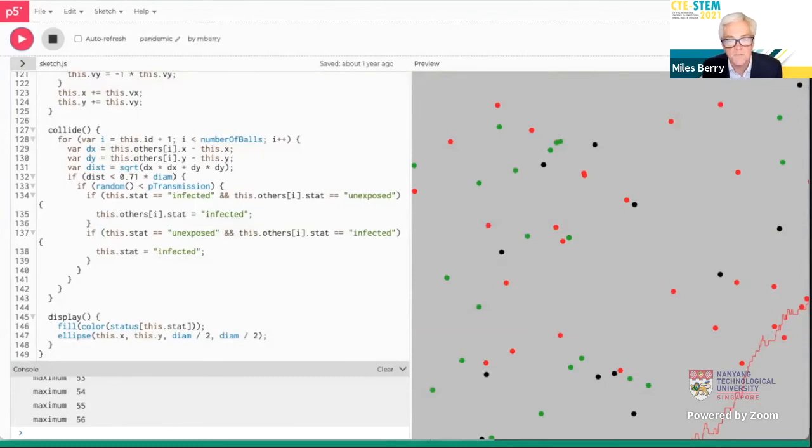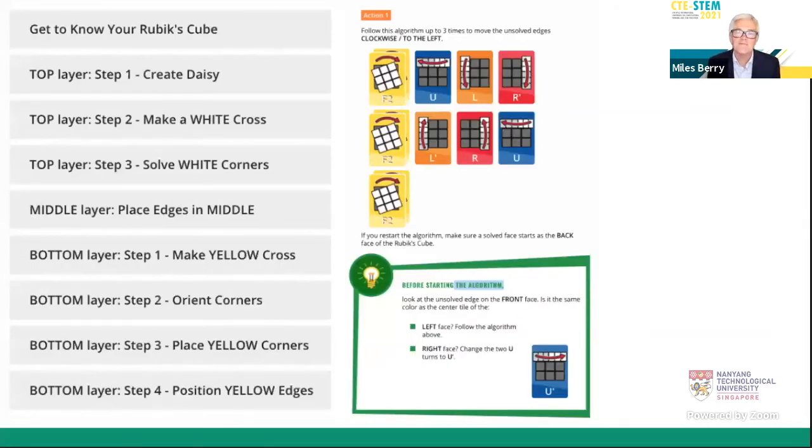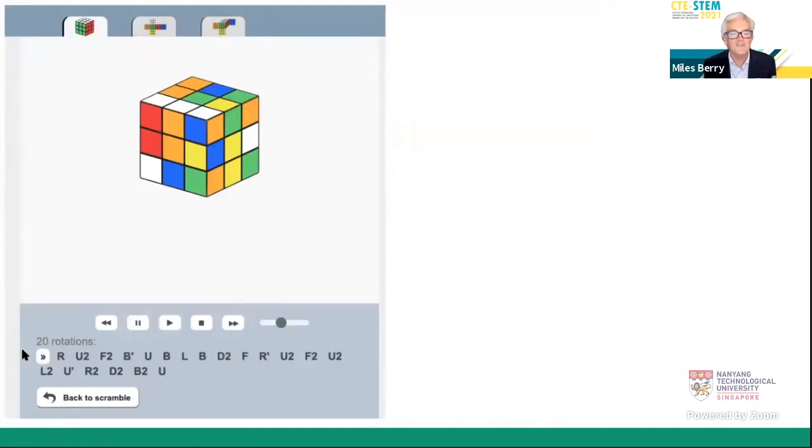From technology, from engineering, from design and technology, I think my favorite example is programming a robot to solve the Rubik's Cube. Familiar with the Rubik's Cube? There are standard algorithms. I've highlighted the word algorithm there in the online book or set of instructions for how to solve the Rubik's Cube, which says, before starting the algorithm, there's an if-then statement to apply that. Conditional logic is included there. You can get apps for this. There's a website which you can